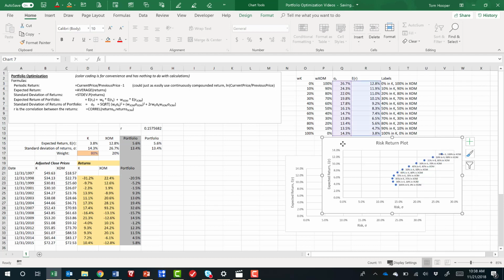And we can see that each point on the chart represents a different proportion in one stock versus the other. And so we know that we could get a minimum risk out of these two stocks by putting about 80% in Kellogg and about 20% in ExxonMobil. But the more that we were willing to weight toward ExxonMobil, the higher our expected return would be, along with the higher the risk. So let's clean up our